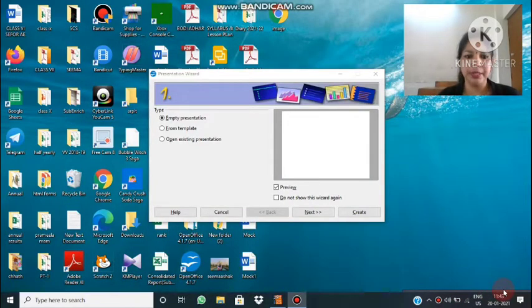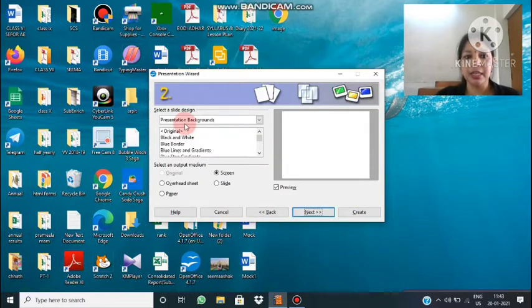So once you open this Open Office Impress, this is the first screen which will open, and it will help you wizard by wizard, means different dialog boxes will appear, and where you have to make selections. As I told, you can make a presentation from scratch, that is an empty presentation, or you can use predefined designs from templates also. And the third option, if you have already created a presentation and if you want to make some changes, you can open existing presentation. So since we are new to it, we are going to start the presentation with an empty presentation. That's why I have selected this option. After this, you will click on the next button.